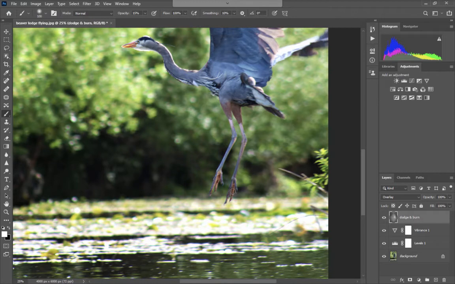So I sort of have my left hand on the brackets while I do this, and the right hand is on the touchpad, or you could be using a mouse if you have a mouse. And I'm just going to lighten the legs. And you can see I'm being very careful not to paint outside of the